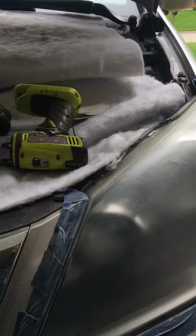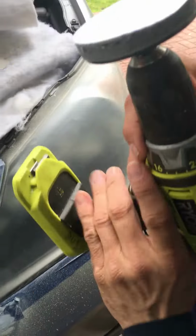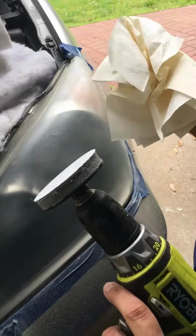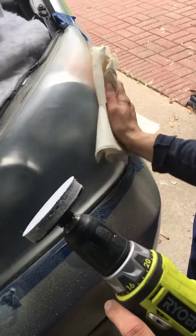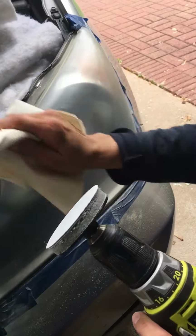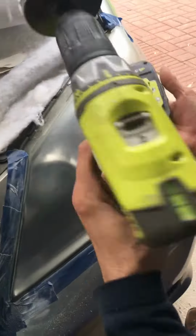And then I attach my P800 next, and I will wipe this first. I like to just get that off. And then P800,